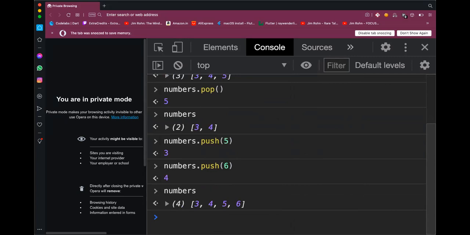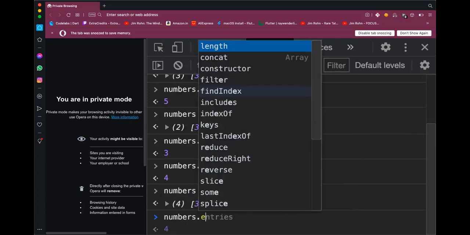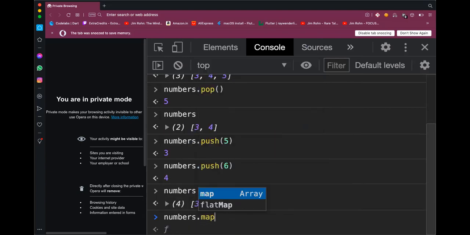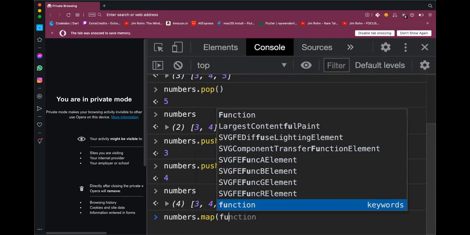Now let me demonstrate some methods which work on all the elements of the array. Basically, if I do, let's say, numbers dot map, this requires a callback function.